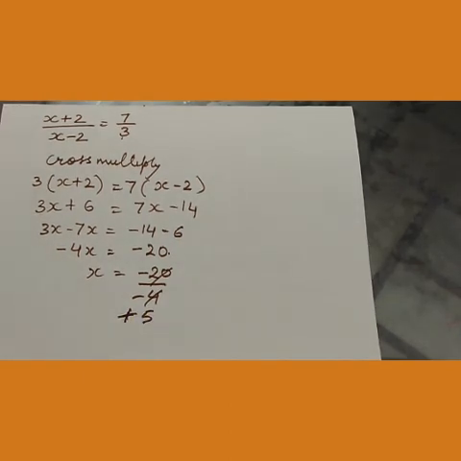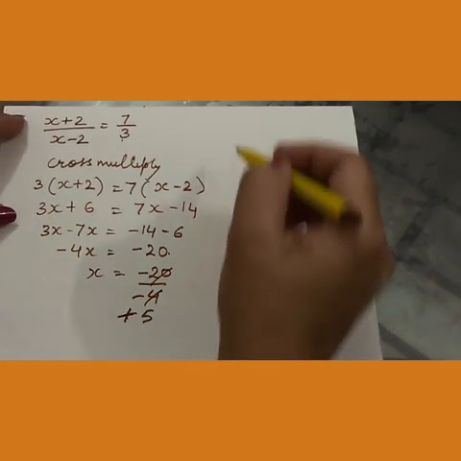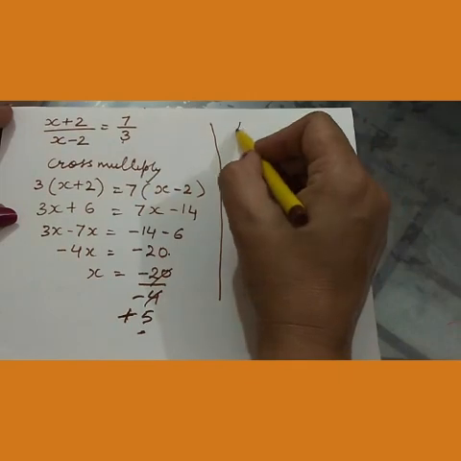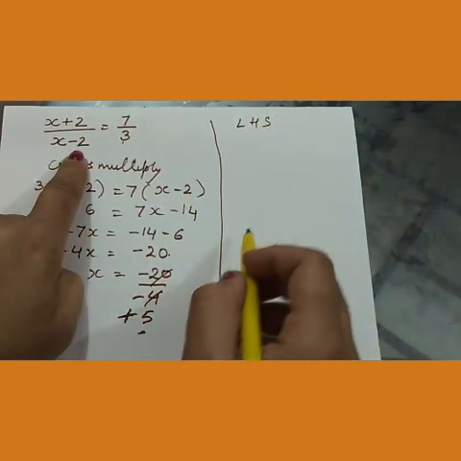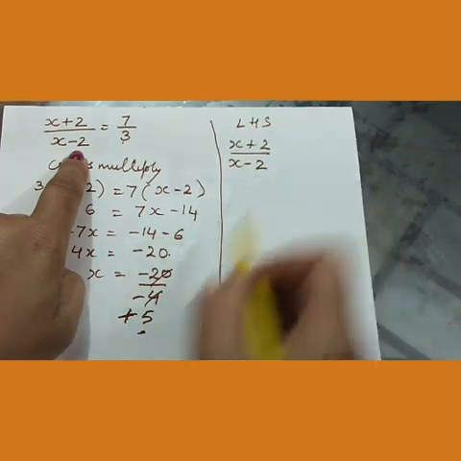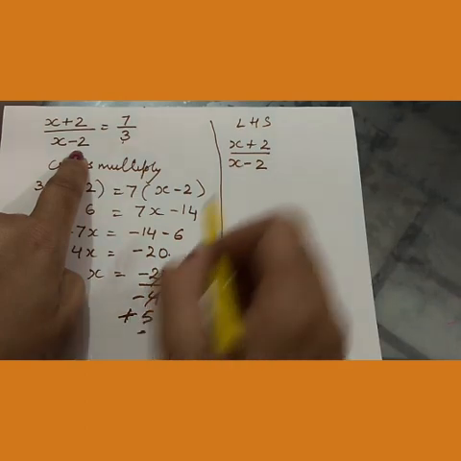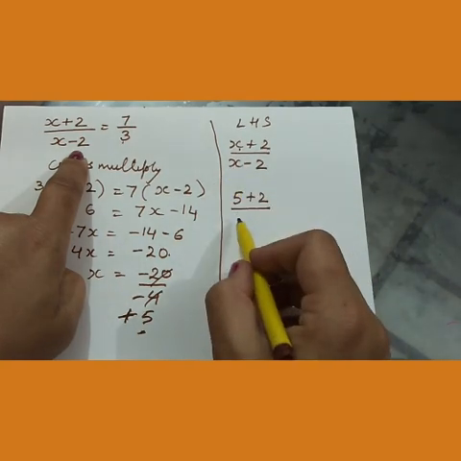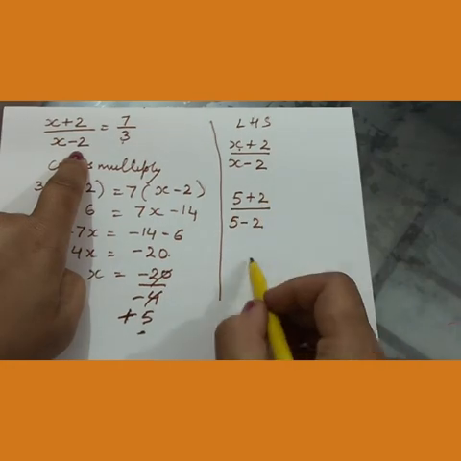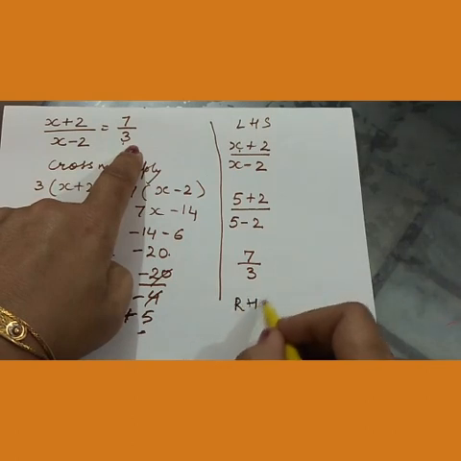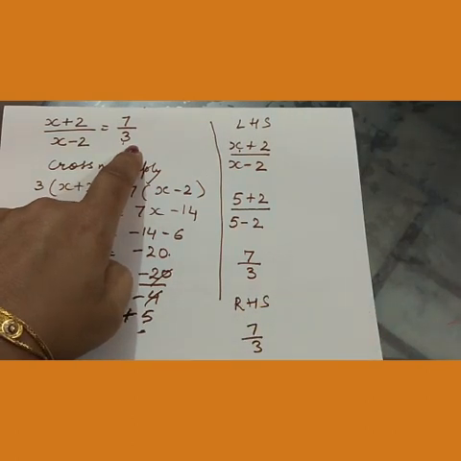You can see this is how we are going to solve the various equations. Now you also need to do the verification. For verification, it is simple. As we have got the answer x equals 5 in this equation, the question equation, the left hand side is x plus 2 over x minus 2. I am going to put this value wherever x is there. So here x, that is 5 plus 2, upon 5 minus 2, and you will get it like this, which is equal to the right hand side, that is 7 upon 3. It means our answer is correct.